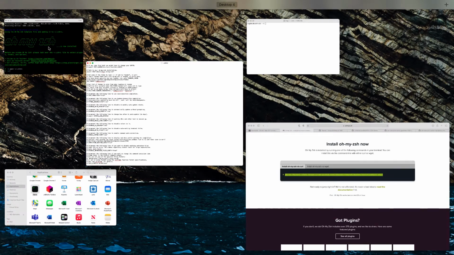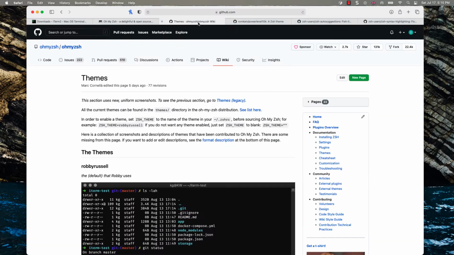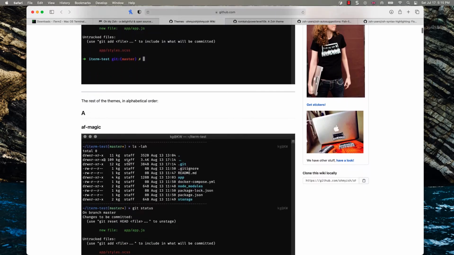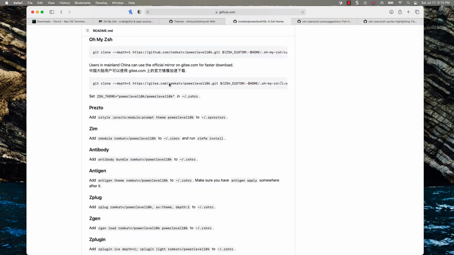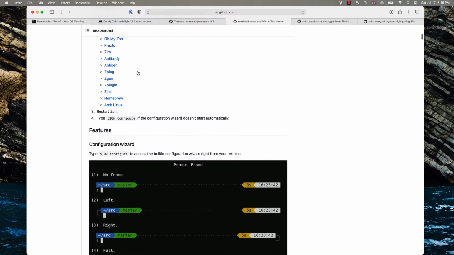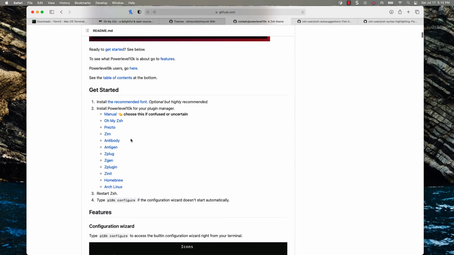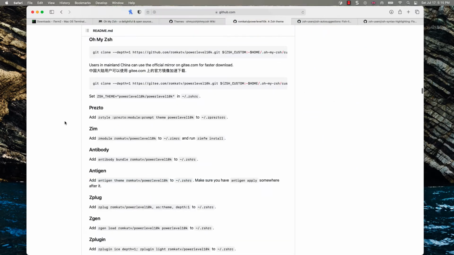What we are actually going to do is install a nice theme that a lot of people are using. The default theme that you get with OhMyZsh is called Robbie Russell, named after the person who actually created OhMyZsh. If you want to take a look at all the different themes that are available, you can go to the GitHub website for themes and have a look. Robbie Russell, of course, is the default one that you just saw me using. And what we're going to do is install something called Power Level 10K, which is a popular theme that a lot of people use. If you go to the GitHub site, Power Level 10K OhMyZsh, you can find installation instructions. We want to install it in our OhMyZsh, so all I need to do is copy this,